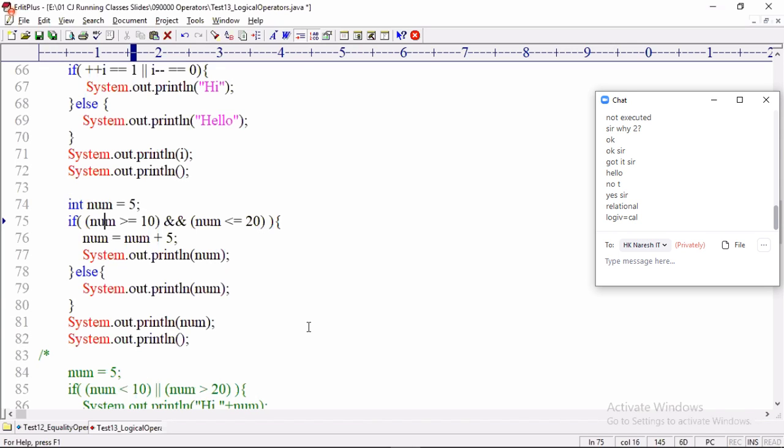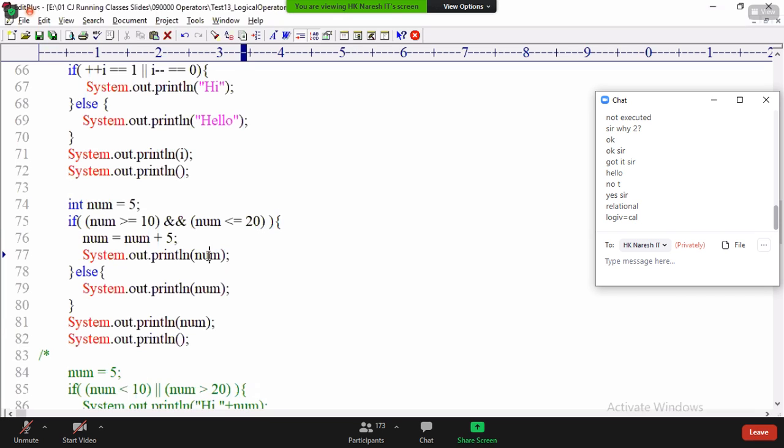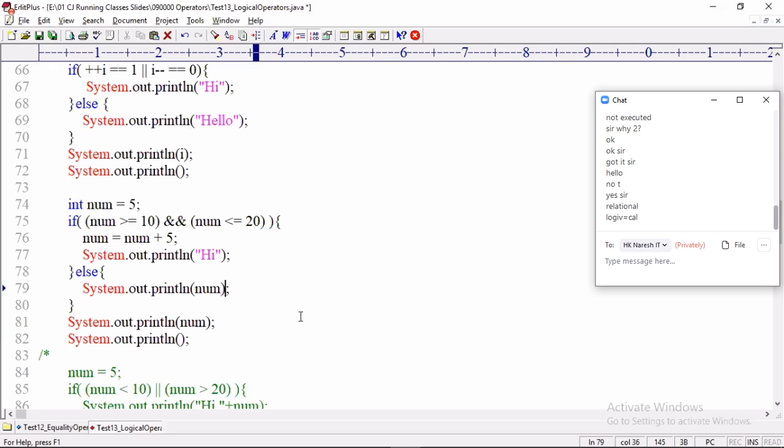Why so many places of num? Can I write like this? Better let me write like this. Here, hi, and here, hello. And one time place null. Commonly I'm placing num outside. Tell me what is the output of this statement? What is the num value? 5. Is 5 greater than 10? False. False under any.